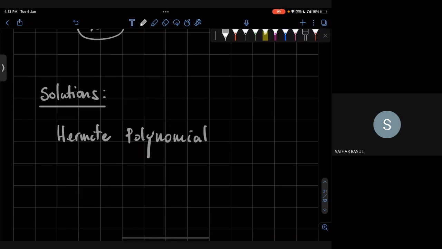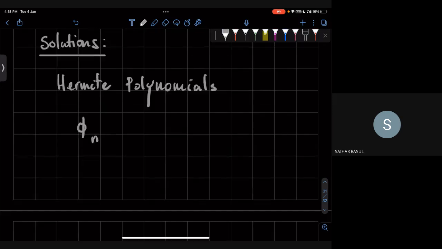This is the same Hermite for whom we have Hermitian. So what are these phis? We have phi 0 or phi 1, but we can call them phi n. These are given by the Hermite